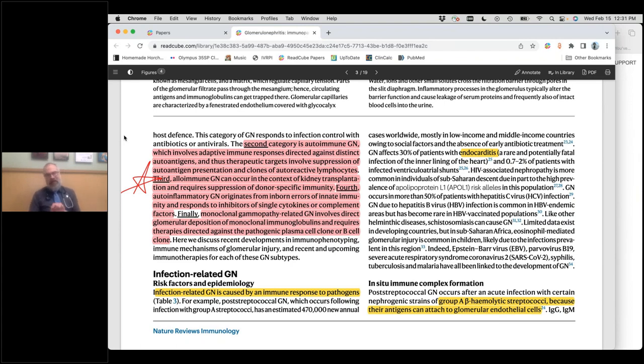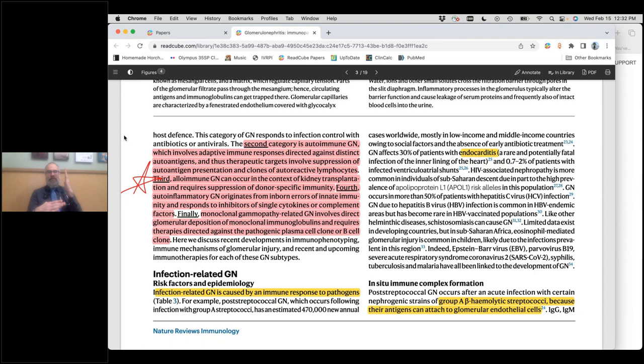So that's the third category, alloimmune GN, which I think happens likely in our patients, but we are going to have very little data for that. Fourth is autoinflammatory GN, and these are genetic errors of immunity. This is really interesting because you can get excellent responses in these patients as long as you break what their autoimmunity is related to. So if you can figure out what the target is and stop that process,